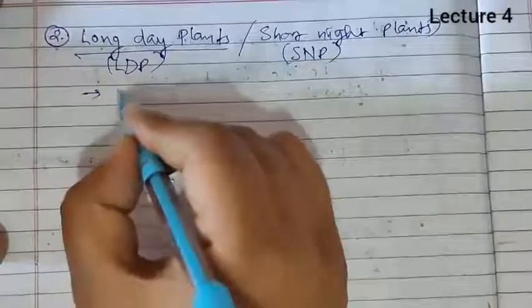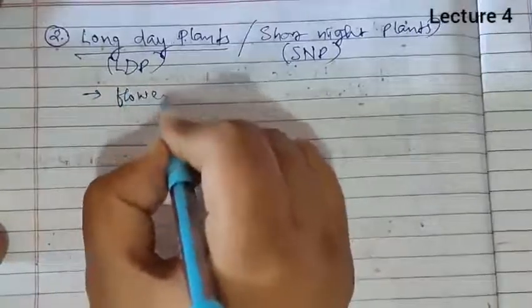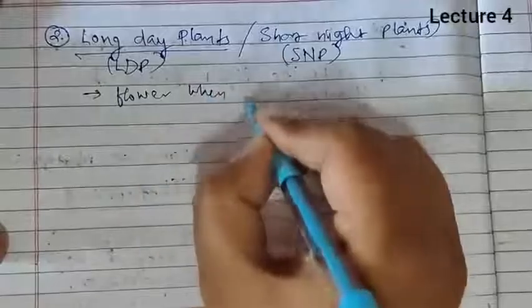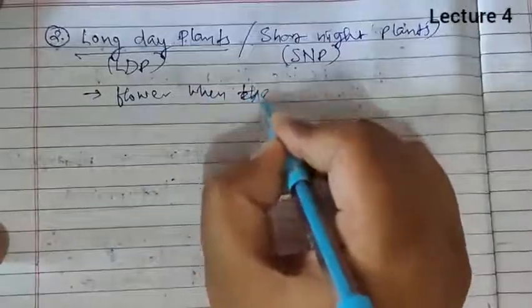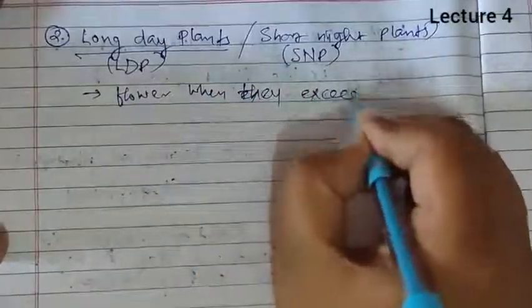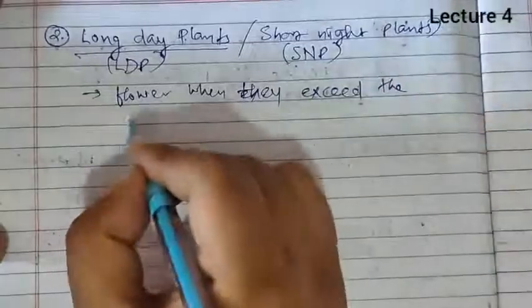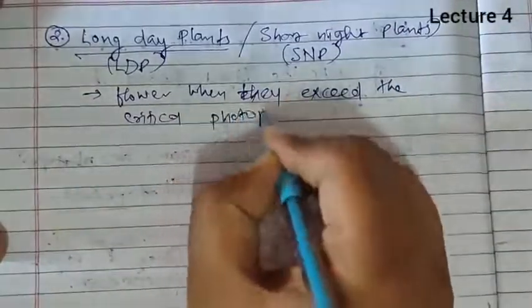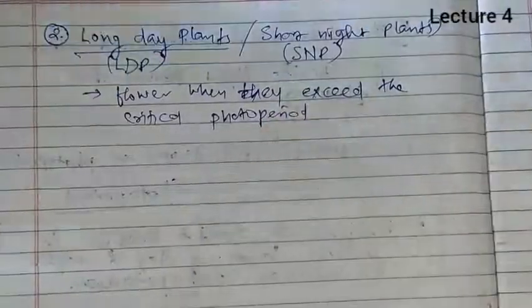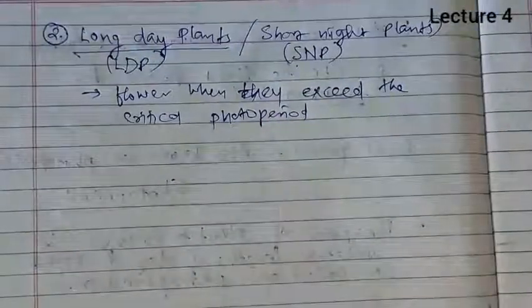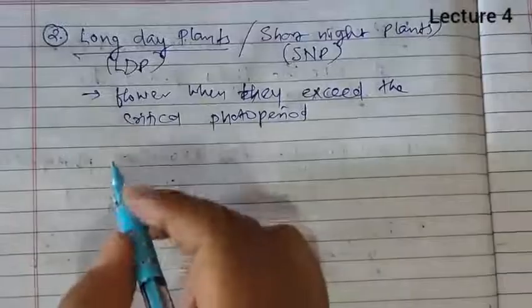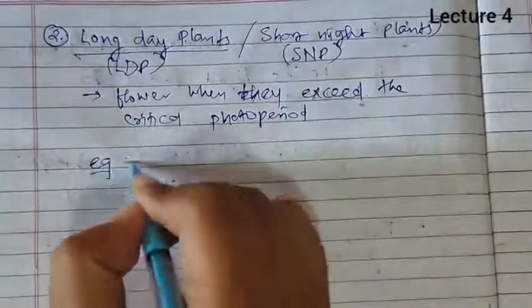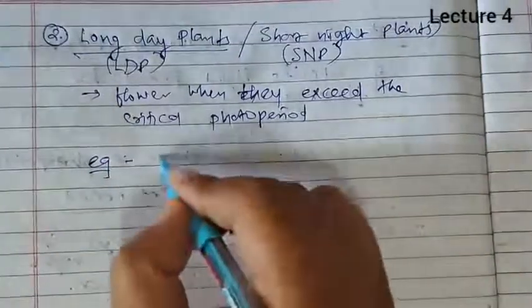So long day plant will flower when they exceed the critical photoperiod. Means when they get a light availability more than the critical period, then only they can flower. An example of this are